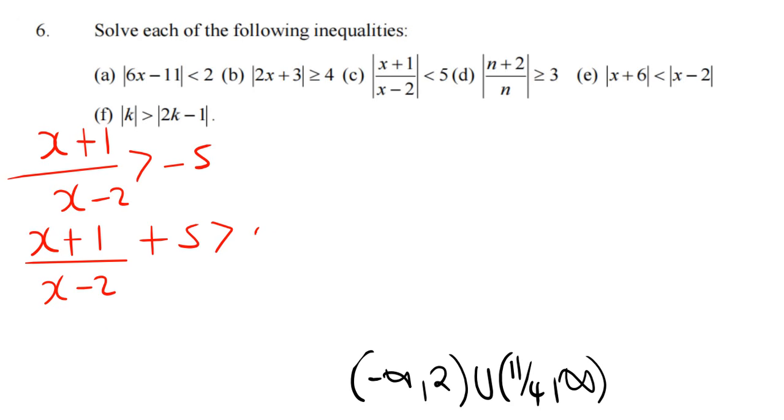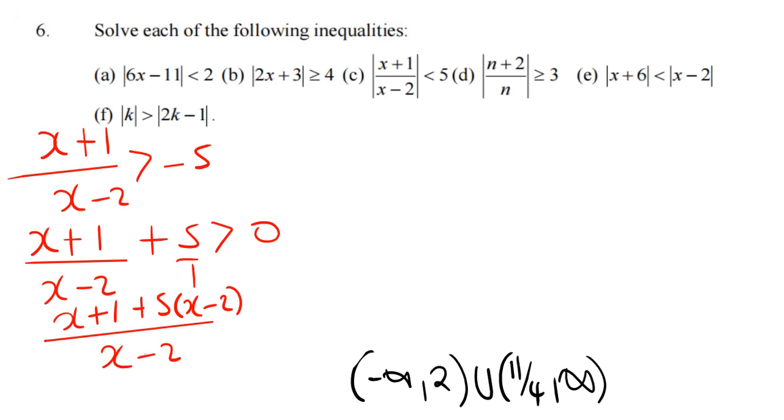Then this is equal to 0. Alright, x plus 1, so I'm going to have plus 5, multiplying with x minus 2. Then you solve what you have on top: x plus 1 plus 5x minus 10,